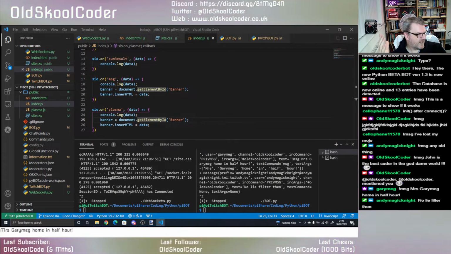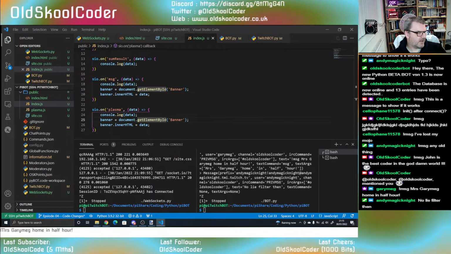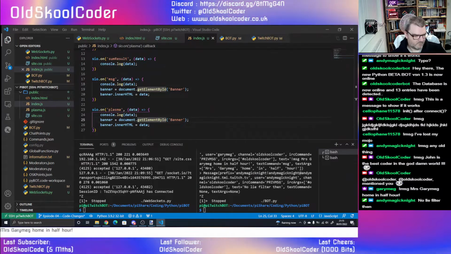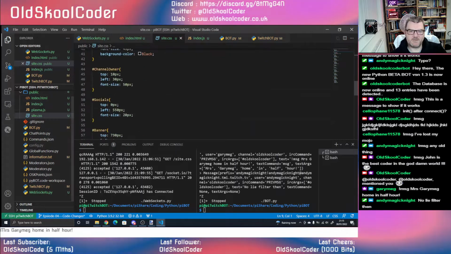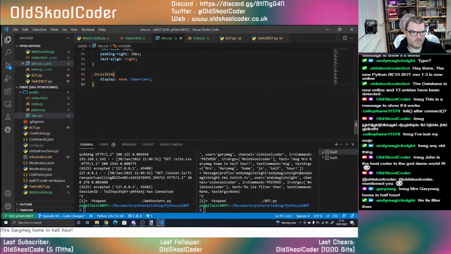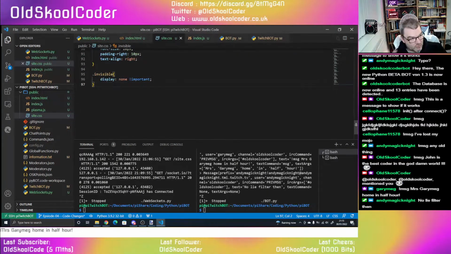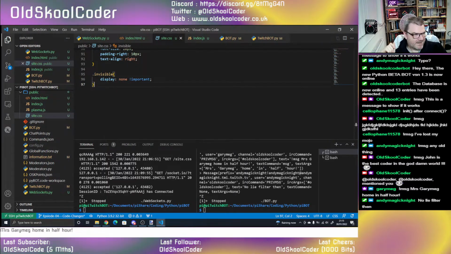So the way to do that in HTML is you have a style tag. And I'm going to grab it now. Going to put it in our style sheet. So we've got a style tag called invisible, right? So when we apply that invisible tag to a control, it will make it disappear, right? And the way to do that